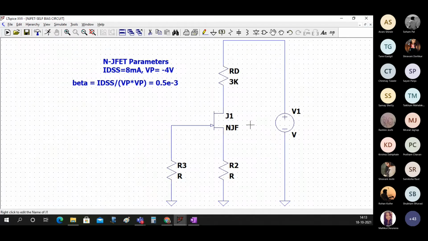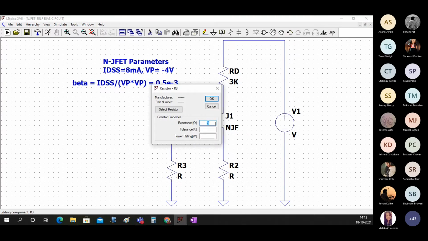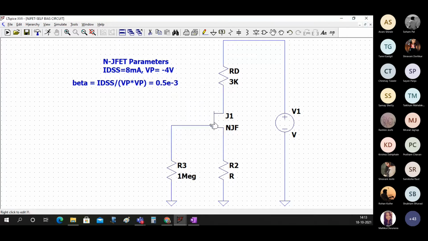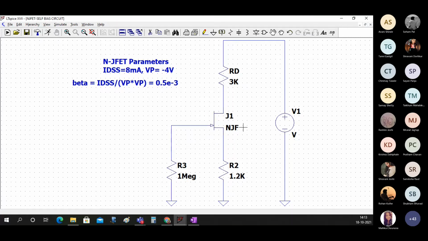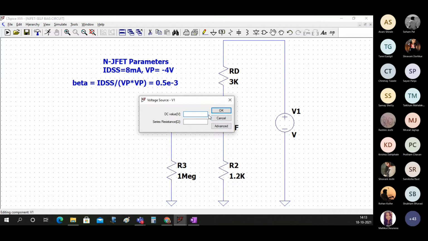So close this. Stop no use. So let's keep this value as 1. Here 1 meg means mega ohms. The value of this resistance is, let's say, 1.2 K. This is 18 volts.